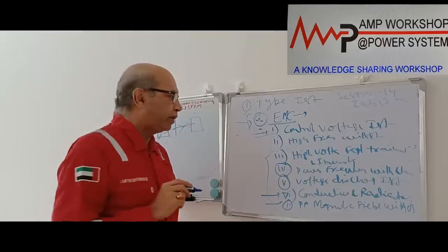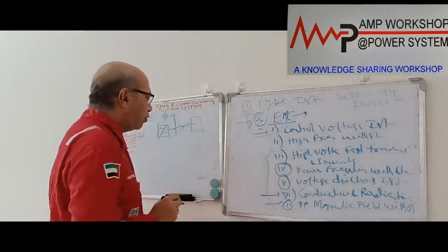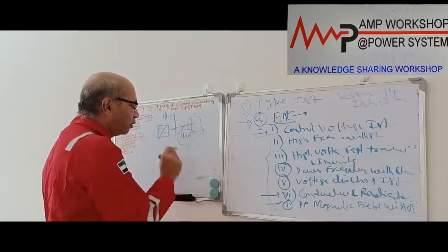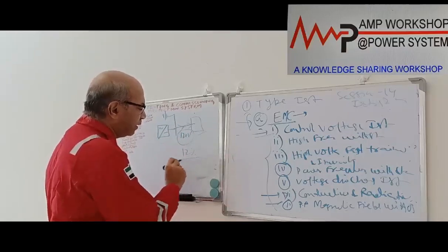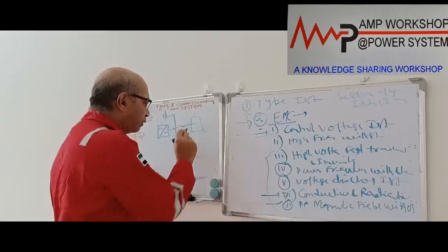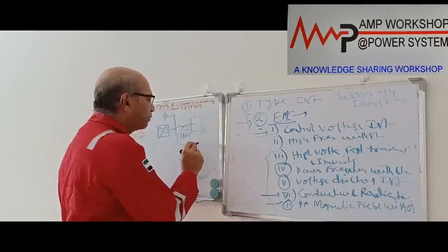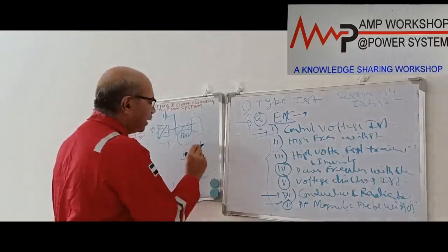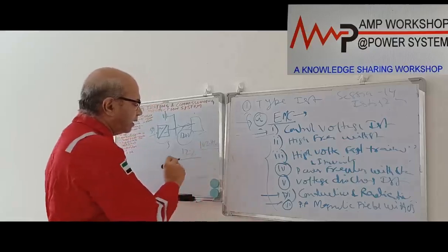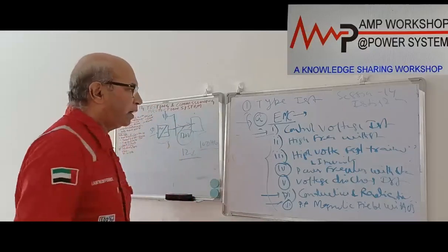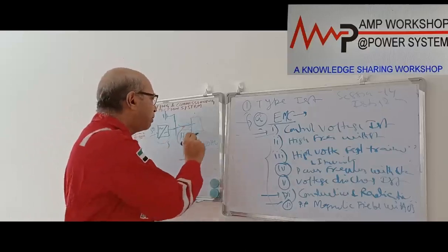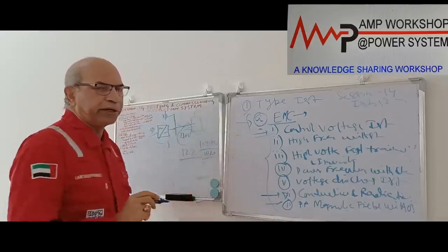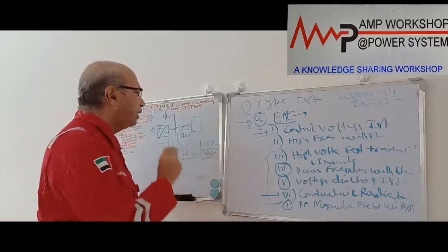So under the ripple condition, this relay should not mal-operate. That's why, suppose it is a 120 volt DC supply we are giving to the relay. With this control supply, we inject 12% ripple with two times the frequency. That means if the normal frequency of the input supply is 50 Hz, we take 100 Hz, 12% ripple injected with this control supply, and with this supply the relay should not operate. We inject this for 10 seconds and we see the relay is not operating. If it is not operating, then we say it is alright.